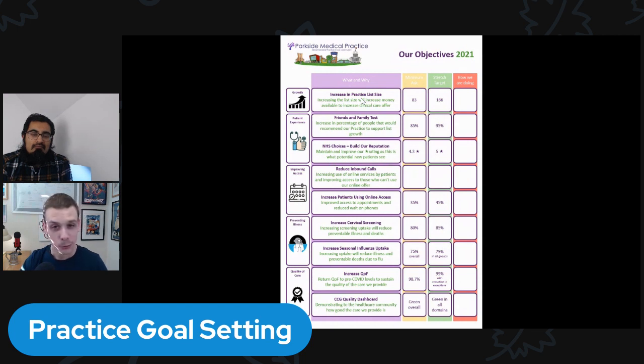And very important is ease of reporting. You don't want to set yourself a really big task of doing a complex audit every month to see how you're doing in terms of one of your objectives. If you can select things which are really easy, one button reporting from System One, or where the data is being collected already for another reporting process, then that's really, really helpful. So these are what we came up with.